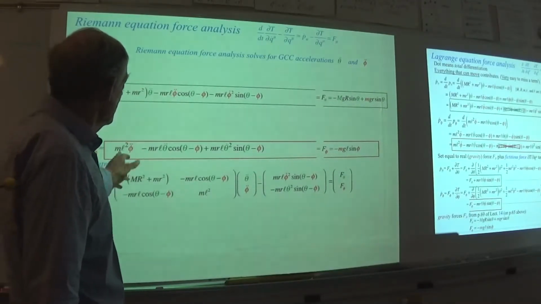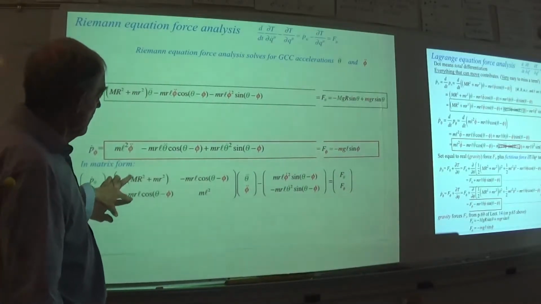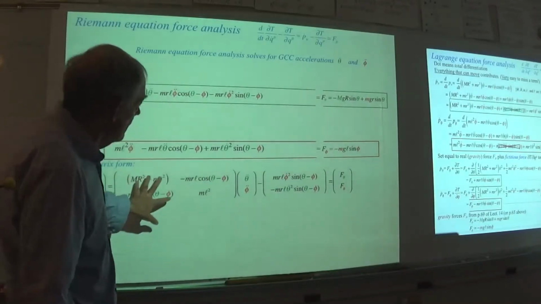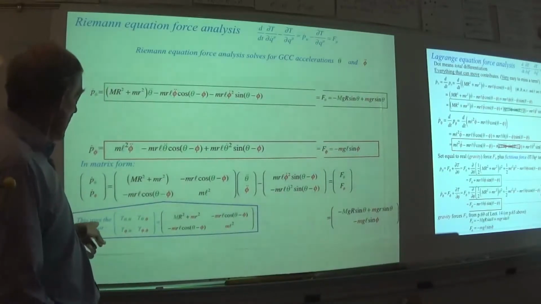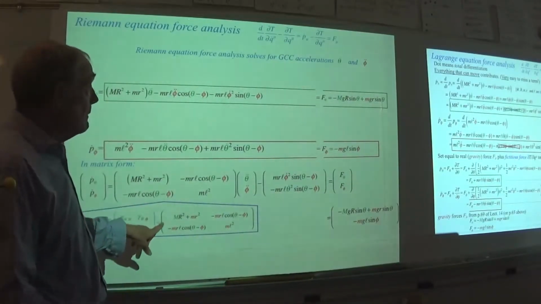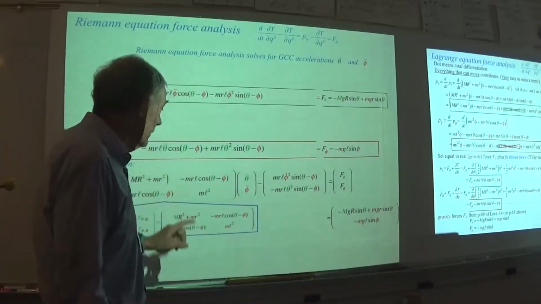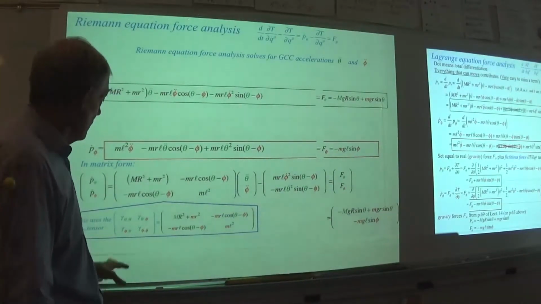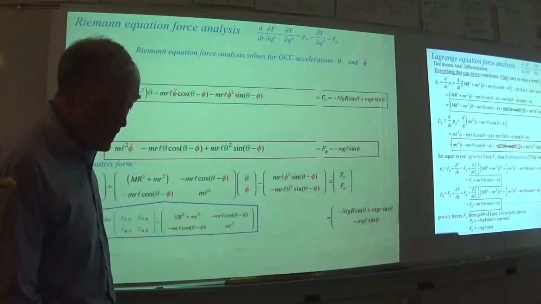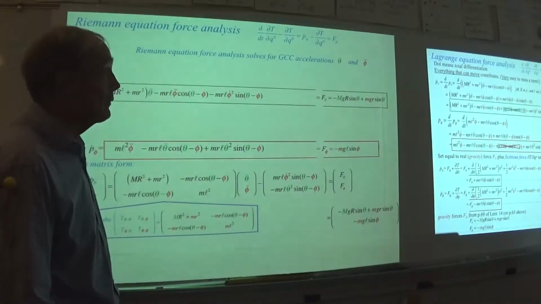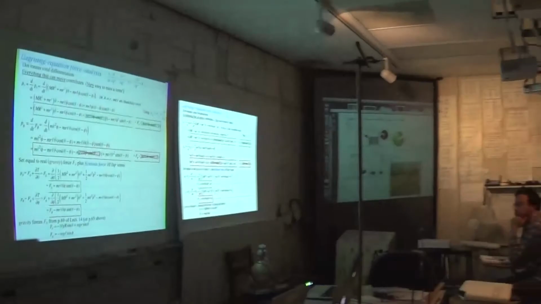Now, writing this as a matrix equation, putting these two together as a two-dimensional matrix here, gives me a familiar matrix. This is why I say it's worthwhile tracking the gamma metric, the dynamic metric matrix. It's exactly what we got right here. And we know what the inverse of that is too, so we're just a step away from getting accelerations isolated. So the Riemann equation of the second kind, the so-called contravariant Riemann equation, is sort of